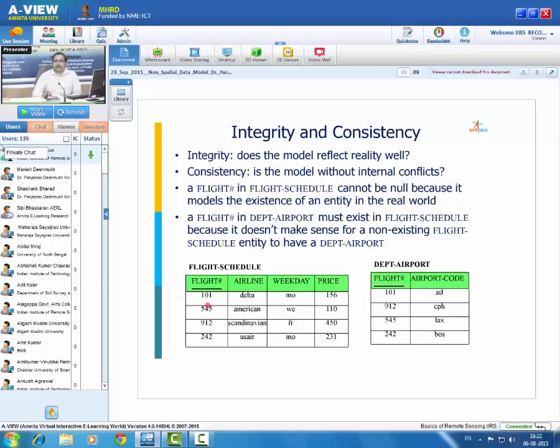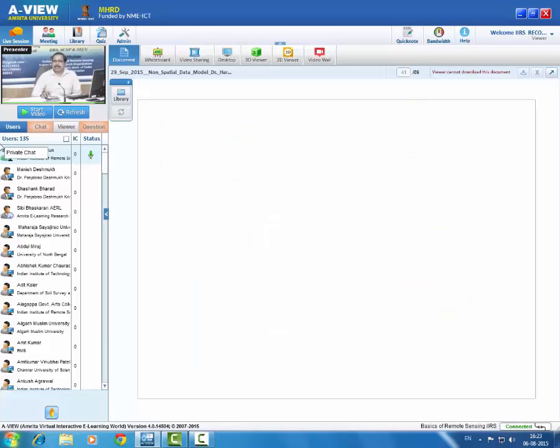We use the terminology: if any flight is not entered in this particular flight schedule, but its departure airport is mentioned here, then this data cannot be considered consistent data, or this kind of data is in error. Because if any entry is made in the departure airport, this particular entry must have some record in the flight schedule table. So this kind of relationship, or referential integrity, can be maintained in database design,